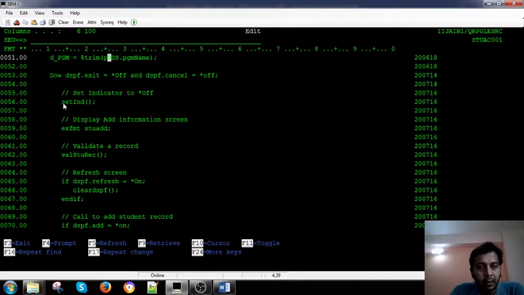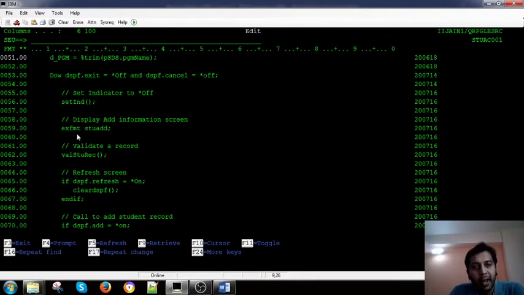This is the procedure declaration, how you define a procedure. It is just a name and then the parentheses. If you don't give the parentheses, it will give an error. If you have any parameters, you can pass them within these parentheses, right? This is how you display the file.